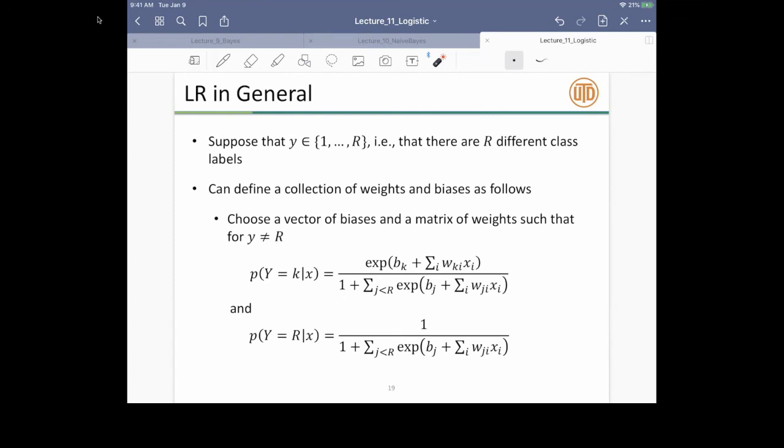Coming to multi-class logistic regression, it turns out you can extend this to multiple classes. In this case, there are different classes, and the only difference is that your distribution is exp divided by the sum of exp. This is the probability. It's very similar to the 0-1 case, except that now you have parameters for each class, and finally you want all of your probabilities to sum up to 1.